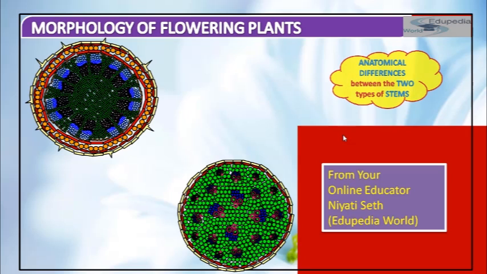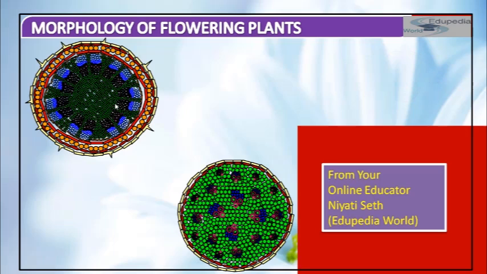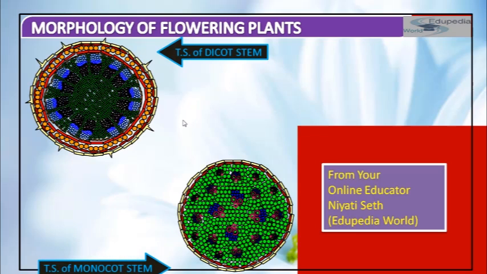Anatomical difference between the two types of stem. So this is the dicot stem and this is the monocot stem, students. So this is the transverse section of the dicot stem and this is the transverse section of monocot stem. See, trichomes are present. Can you see the long unicellular hair present on the surface of epidermis? Yes. So trichomes are present in the case of dicot stem, but trichome is absent in case of monocot